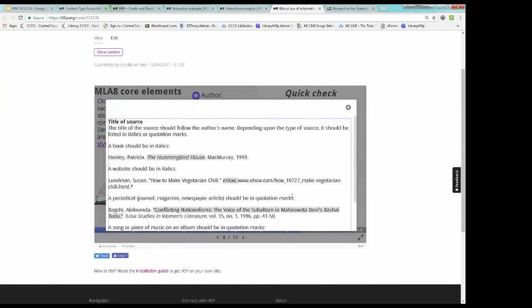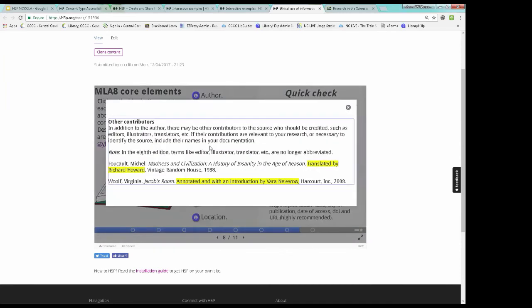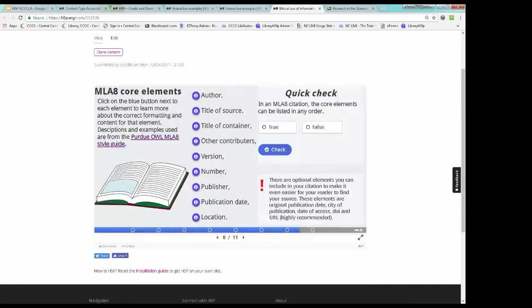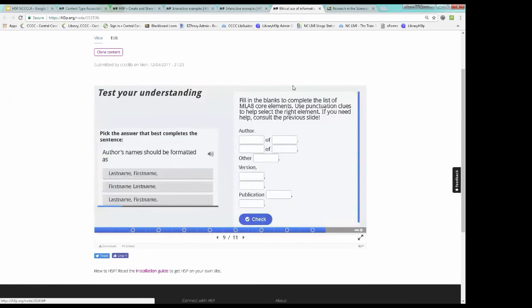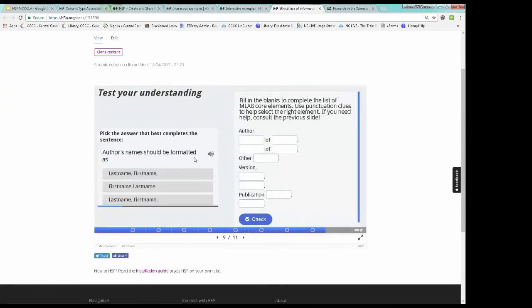You can give your examples, but it pieces it out so students aren't dealing with just a mass of text at once. They're able to kind of engage with these as they go. And then they're asked, put them in order, type them in. If they want to go back and check, they can do that between slides. So a really nice way to encourage that engagement with learning.